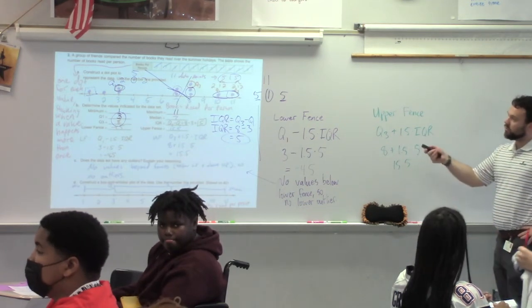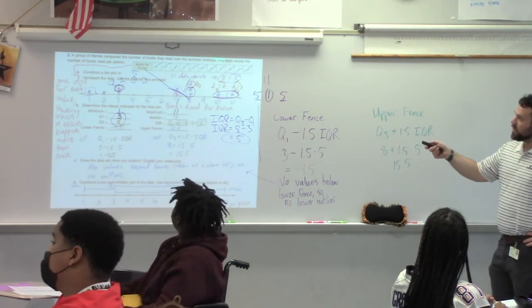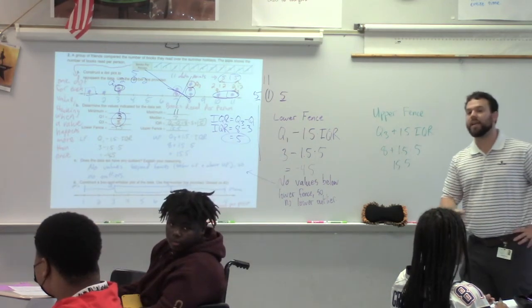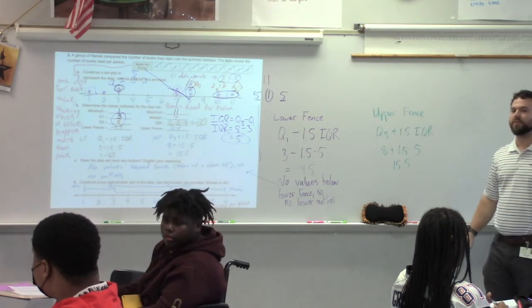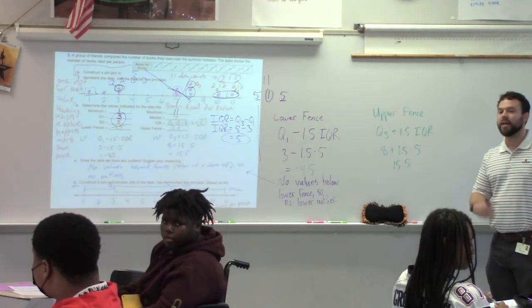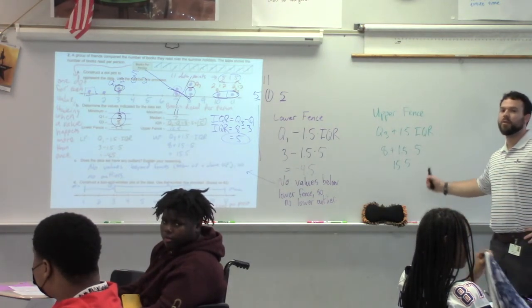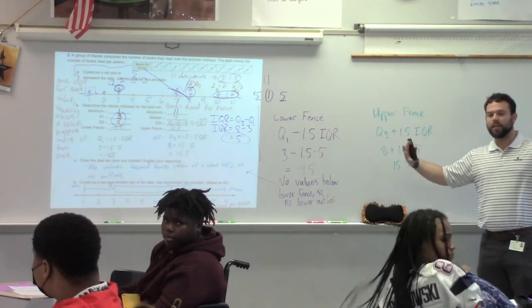So if you look over here at your number of books, or look on your sheet, do you have anything that's more than 15.5? No, sir. So that's why there's no outliers. Remember, the fences are what keep